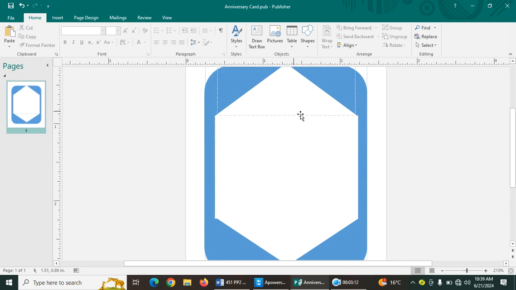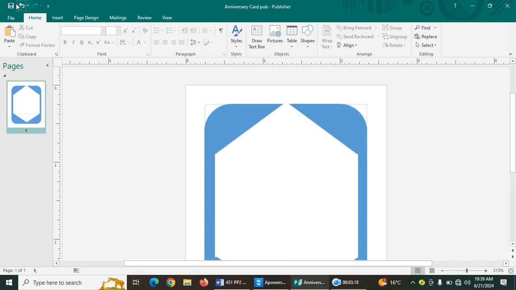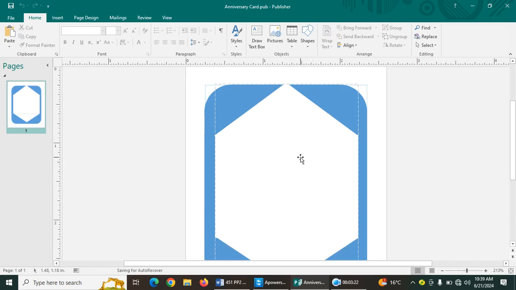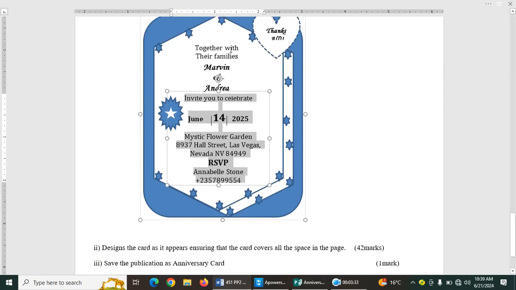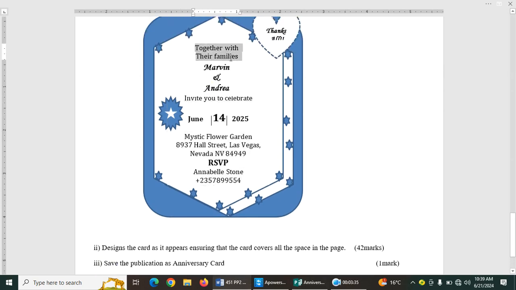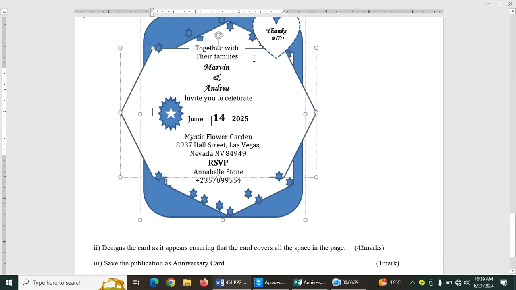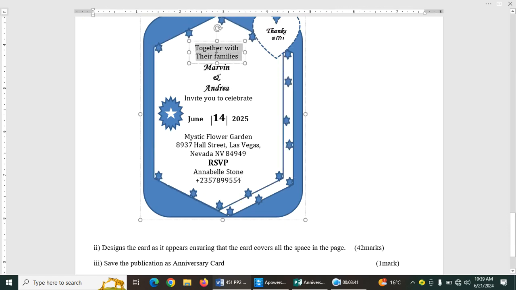Now the next thing is to make sure our writings are there. We need to have our writings, but it's good to group this one like that to be one, then save it. Now the next thing I am supposed to do is to have the writings. The writings are here. You can see the writings, these ones. We have these writings here, and also we have these other writings here. You see these ones. So we have this writing